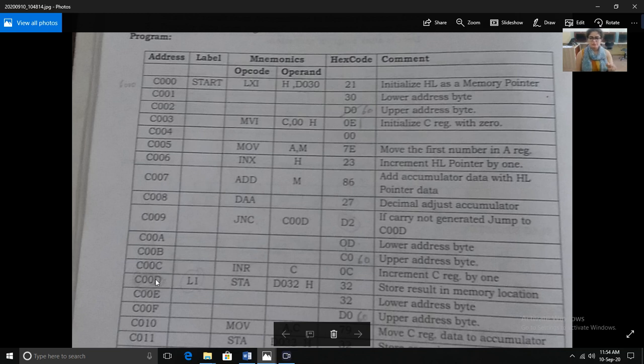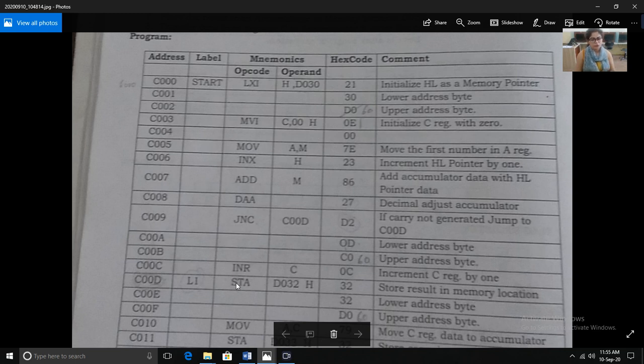I have told you in the instruction set that the jump instruction is used to jump from one location to another. So it will jump to this location. In this instruction, this is label L1. And this is STA. You know what STA is? The STA instruction is used to store the contents of the accumulator to some memory location. We know that our result is already in the accumulator. And if there is no carry, it means we do not have to do anything. We just have to store the result on the memory location. So if there is no carry, we can simply store the result.